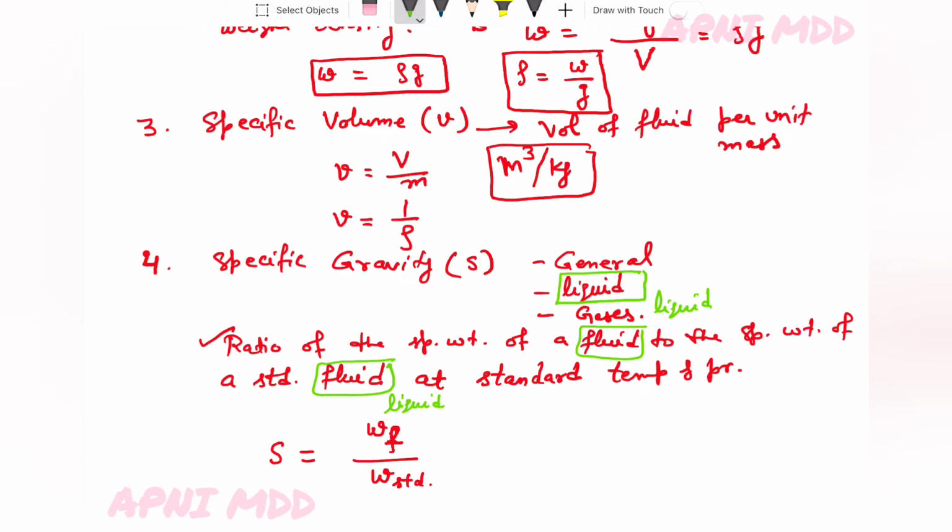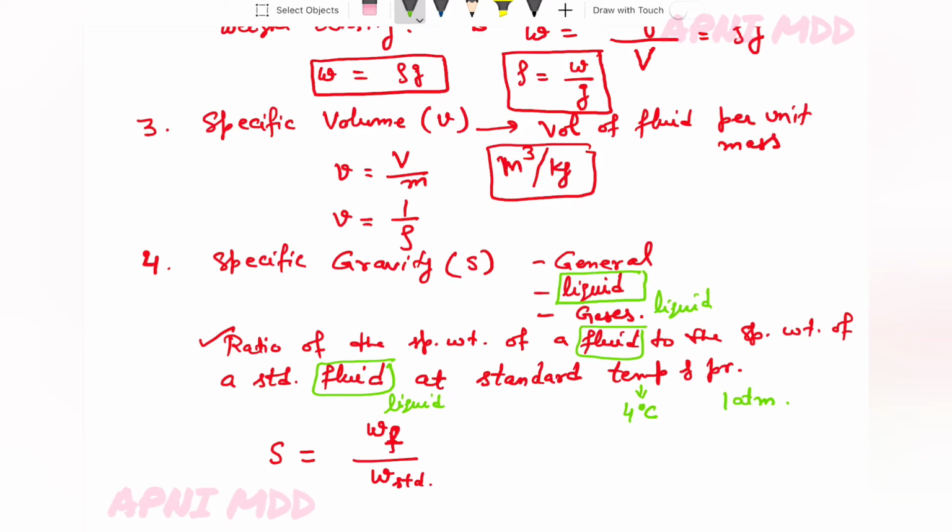Now, for liquid, the standard temperature is 4 degrees centigrade and pressure is 1 atmospheric pressure. So you can say the ratio of specific weight of a liquid to the specific weight of a standard liquid at standard temperature, that is 4 degrees centigrade, and at standard pressure, that is 1 atmospheric pressure, is the specific